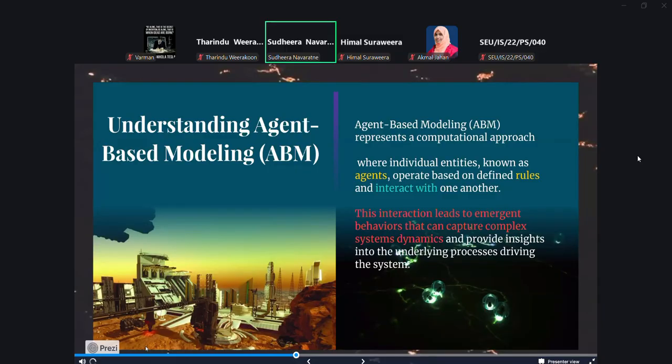So in agent-based modeling, as I said earlier, we represent individual components as agents, right? And these agents may behave based on defined rules or based on certain intelligence we embedded into them, right? And it also depends on the interaction with one another.